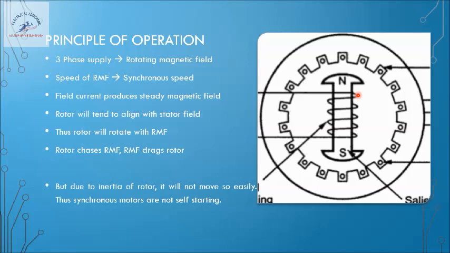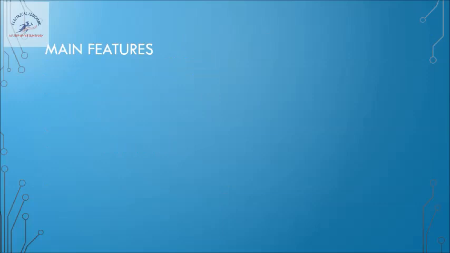So for the time being, let us assume that the synchronous motor is started and its rotor is rotating at synchronous speed. So this is the principle of operation. Once sufficient energy is given to the rotor to rotate, it will catch up with the stator magnetic field and it will rotate at synchronous speed. So what are the unique features of this synchronous motor? A synchronous motor either runs at synchronous speed or does not rotate at all. So that is naturally what we call synchronism. Once the synchronism is lost, the motor will stop.